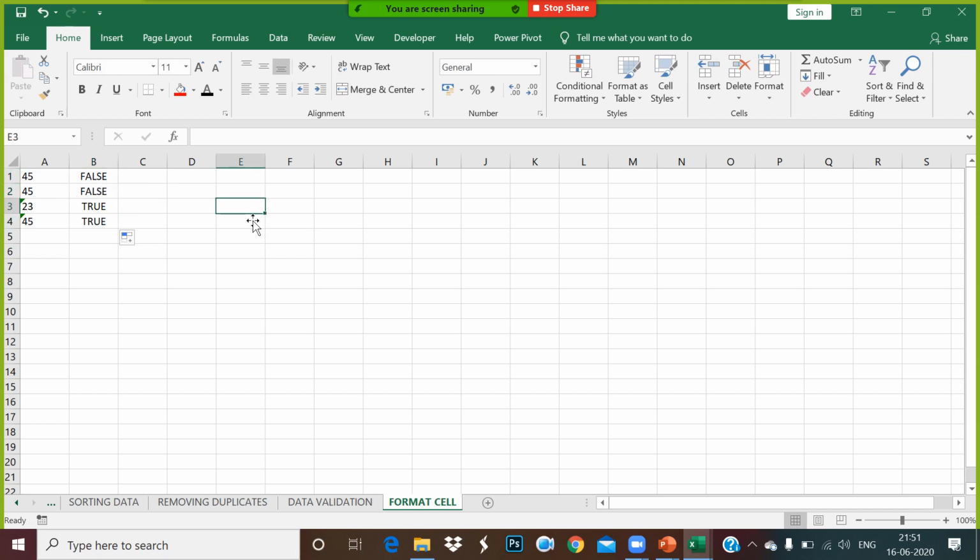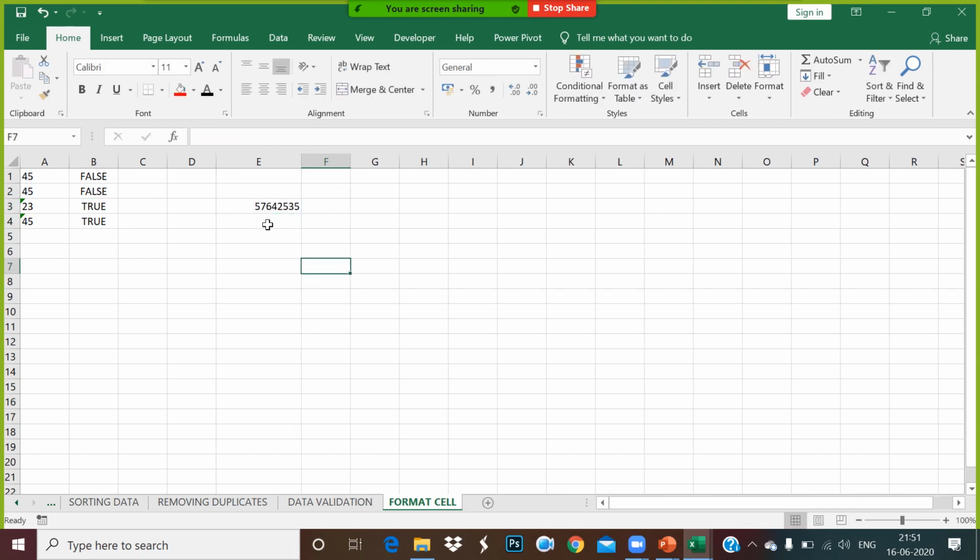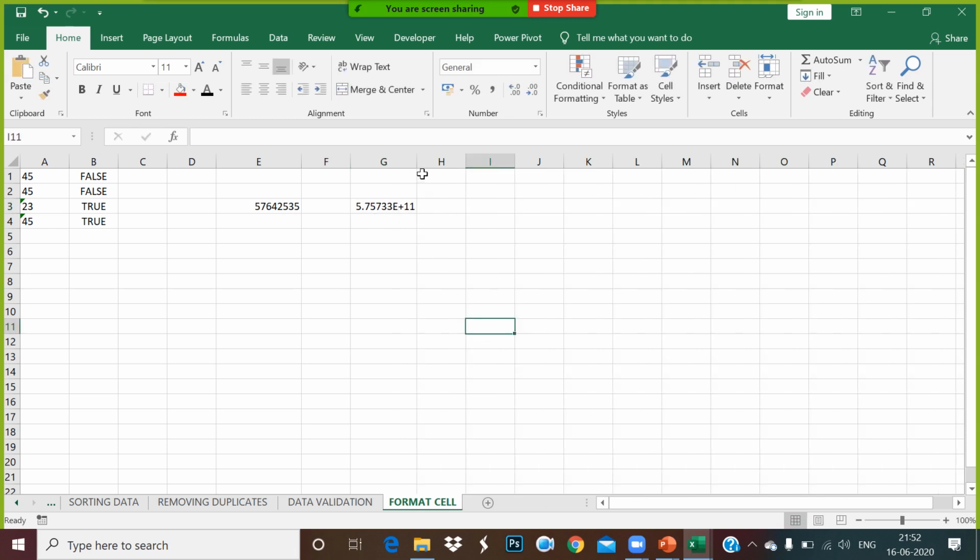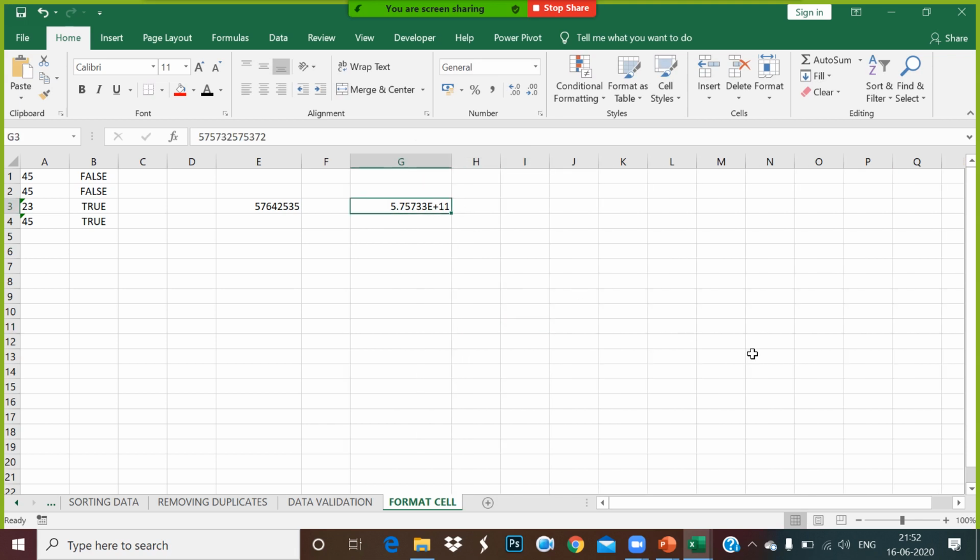Okay. Now guys, I have a value, let's say the cell value is 45 and so on. Can you tell me how many digits are there? 8. 8 digits. Let's say I put some value like this. How many digits are there? 12. So what is happening if you go for 12 digits? It's showing an exponential value. When it is more than 8 digits, it will show an exponential value.